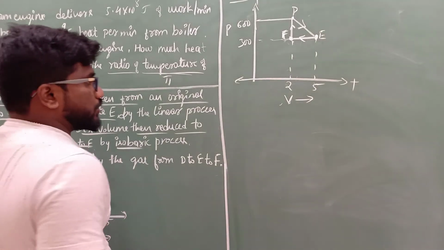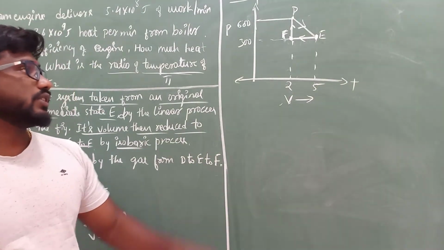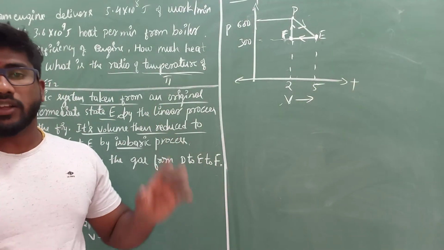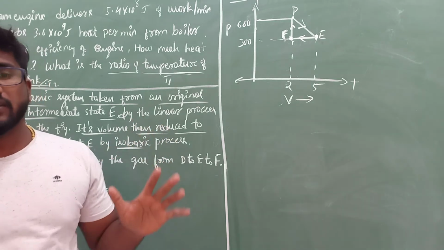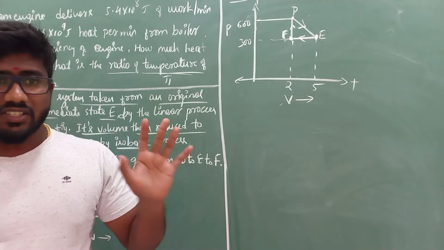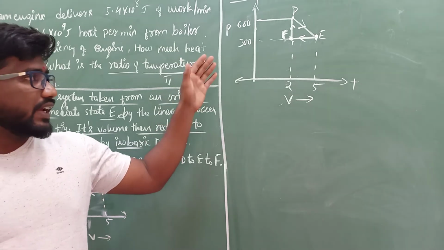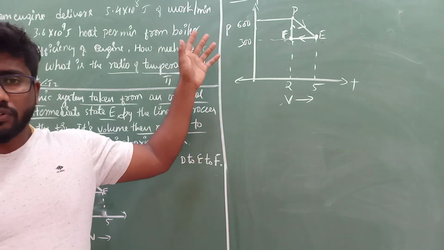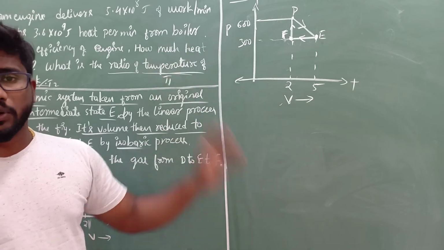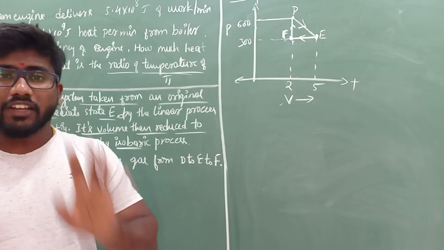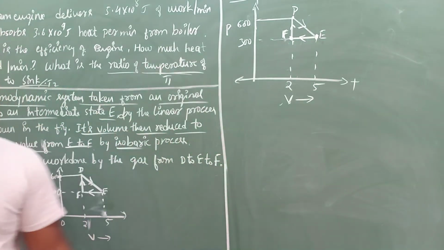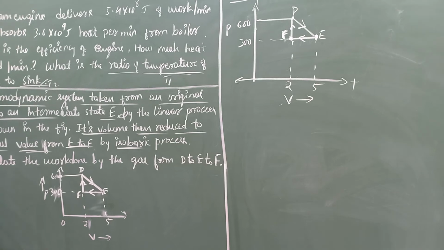By isobaric process. So what do you mean by isobaric process? It means that the pressure of a given mass of a gas remains constant in a system, then such a system is working under isobaric process. The pressure has to remain constant, while volume and temperature values keep changing.